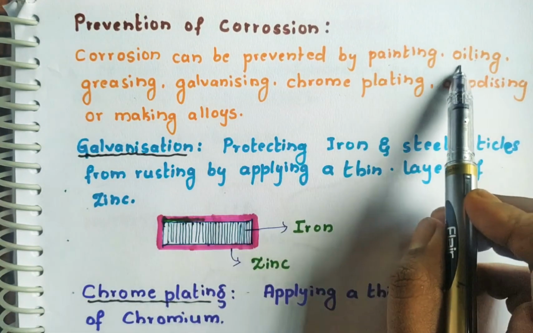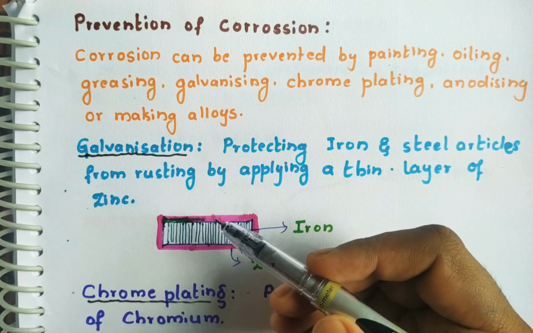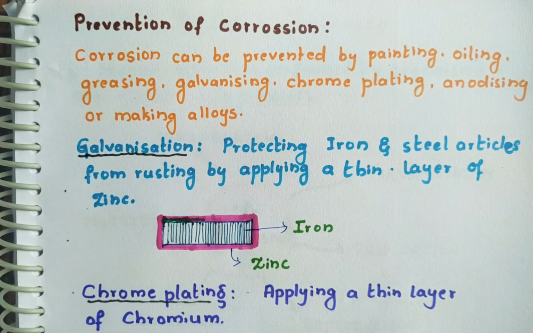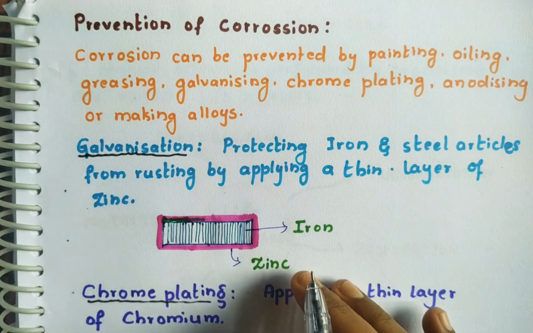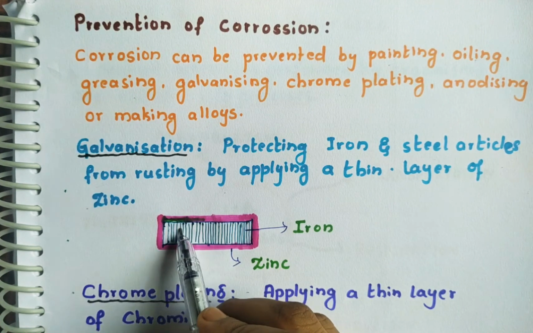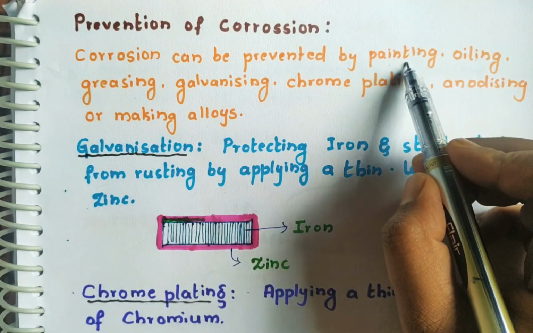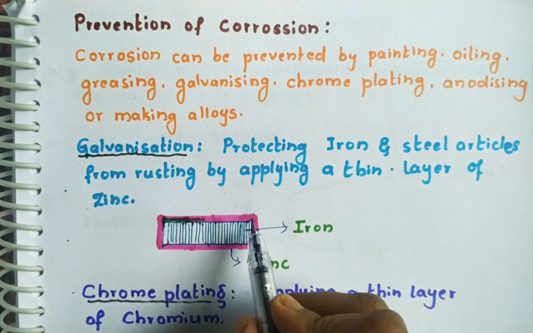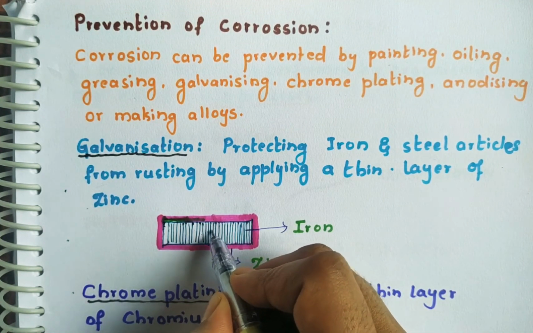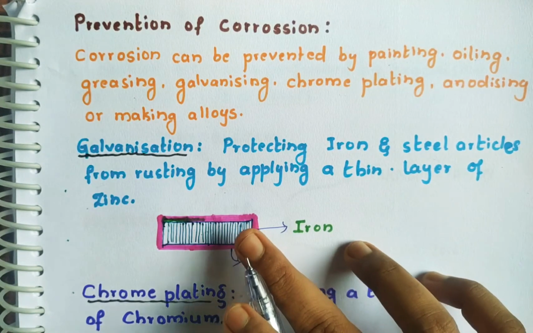So these are the methods in which we prevent the exposure of metal towards their surroundings. In the surroundings, we see there are so many elements which react with the metal. See what we are doing. This is a metal, this is inside metal, but outside is anything that can be a paint, oil or grease which is applied on the surface. By doing this, we are preventing the exposure of this metal to the surroundings. By that it will not get rusted.